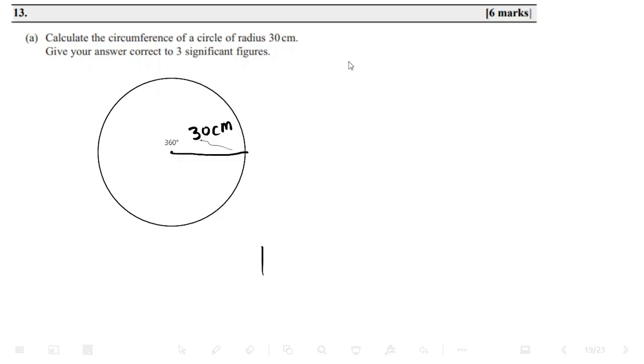The circumference formula is equal to 2 pi r, right? Here r is 30, so I am directly writing pi over here. When you do the calculation, the answer will be